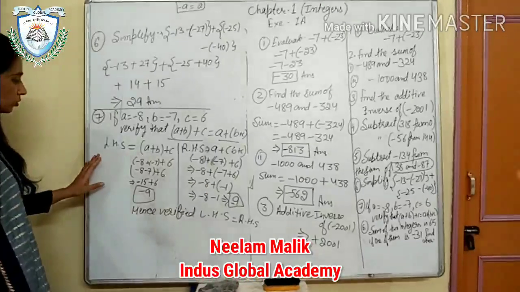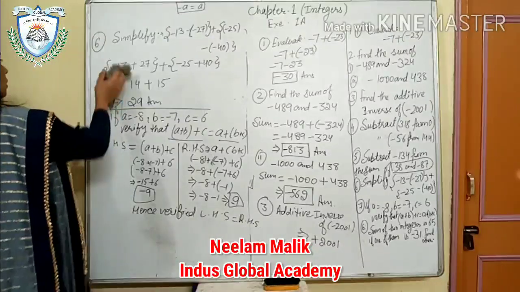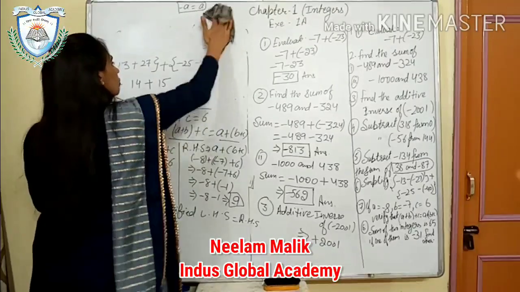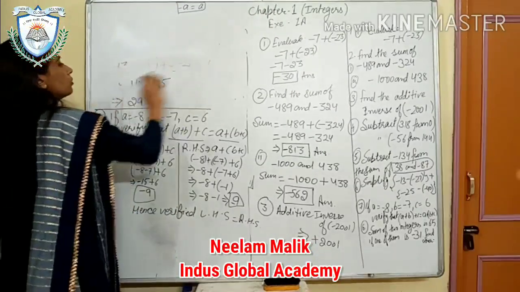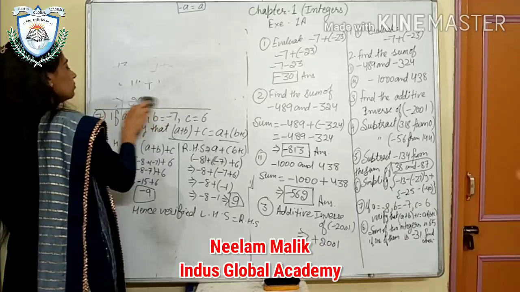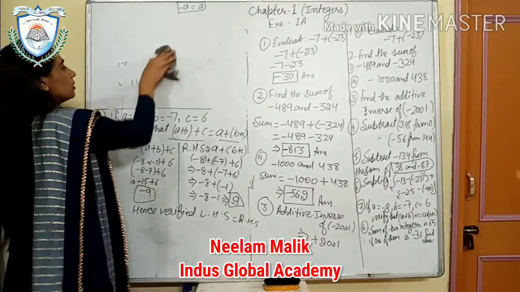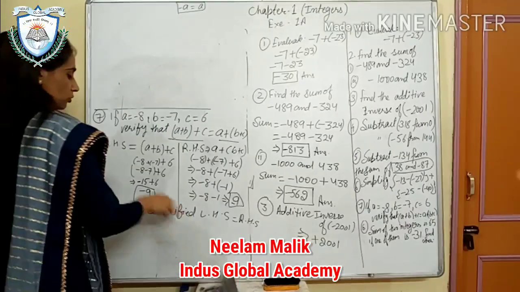Okay. So next is your last question. Sum of two integers is given to you, and what do you have to find out? One integer is given, another you have to find out. So how to find the other number that is not given? We will let the other number be x. First write what is given to you.